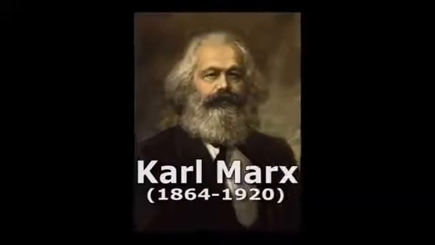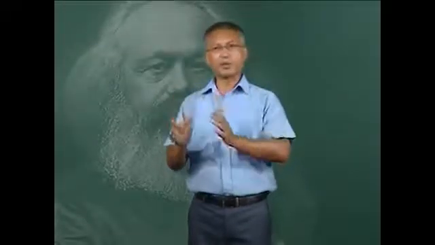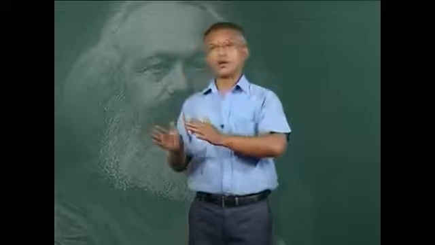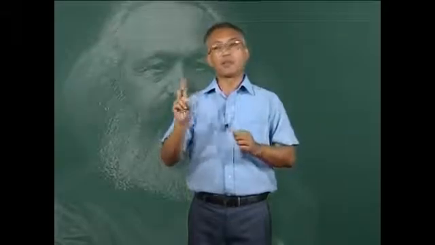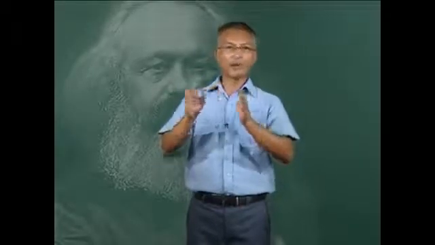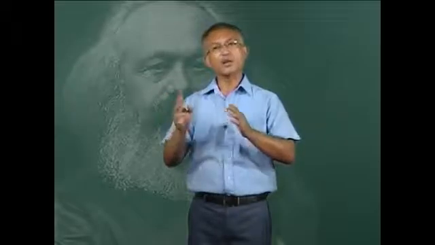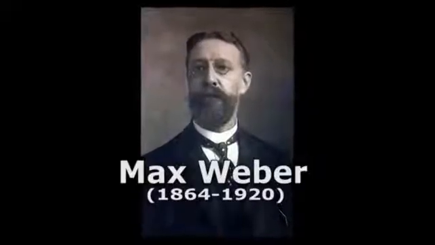According to Marx, the ownership of the means of production is the crucial factor that shapes the class system. Those who own the means of production, like land and capital, form one class, and those who do not form another class. Marx believed that throughout human history, only two classes have appeared. Those are lord and slave in ancient society, landlords and peasants in feudal and agrarian society, and bourgeoisie and proletariat in capitalist industrial societies. Max Weber disagreed with Karl Marx.